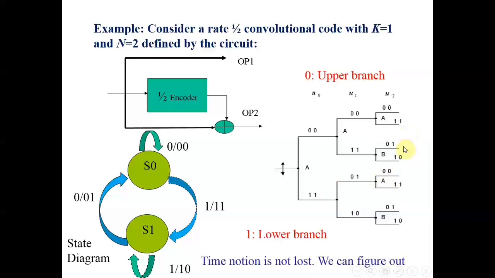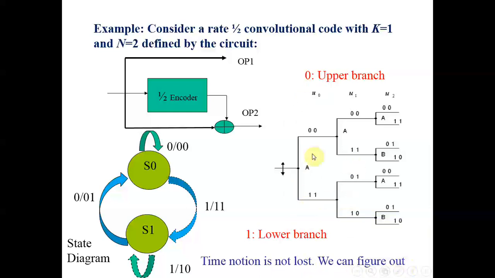So this is how the tree will keep on expanding. And you see that there are two states, and both the states come in the picture when you are at the second level. This is first level, right? First clock, first time instance, and this is second level, second time instance. So can you see the advantage? Time notion is not lost. So whenever I am at this level, I say that this is the second input which I have received at this particular time, because my time reference is this time reference, earlier time reference is this time reference. So the time notion is not lost.